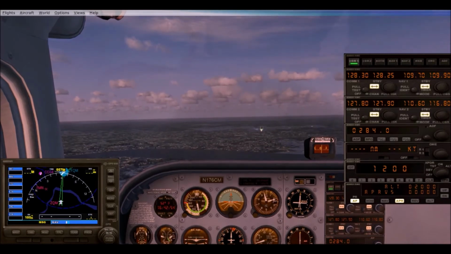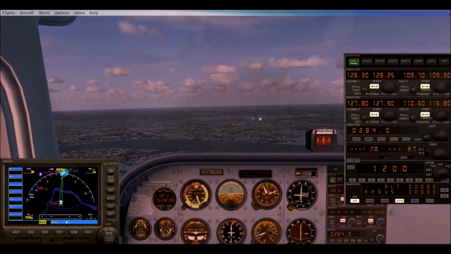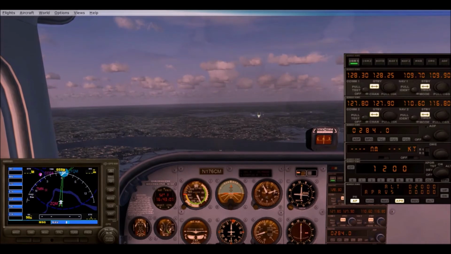Okay, so the aircraft's starting its descent, so we'll pull back more power and put a notch of flaps in, so we don't get going too fast. Okay, anyways,